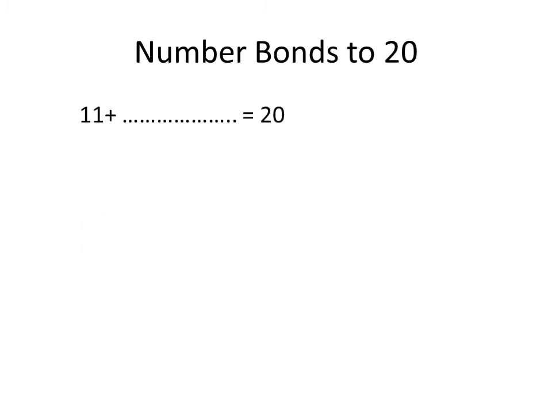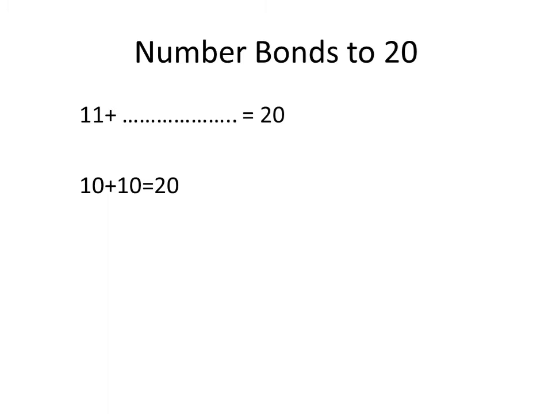Our first question is 11 plus blank equals 20. You all know that 10 plus 10 is equal to 20. Always keep that in your mind. From this 10 plus 10 only we are going to solve the question. You have to write the question, then write 10 plus 10 equals 20. This part you always have to keep in your mind.